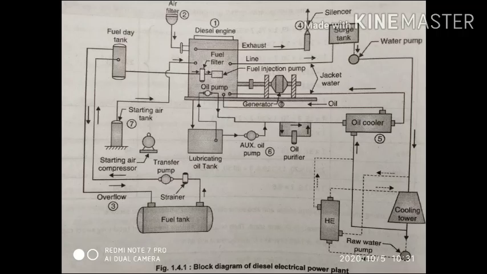The second component was the engine air intake, including air filter, ducts and supercharger integral with the engine. The air intake system is provided to supply the necessary air to the engine for fuel combustion. Air requirements for large diesel electric power plants are considerable, about 4 to 8 meter cube per kilowatt hour.